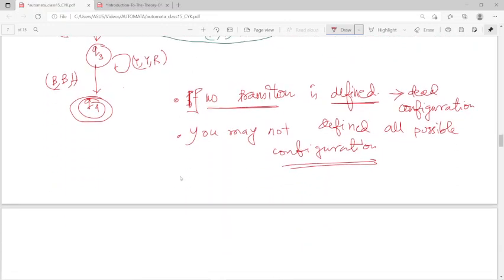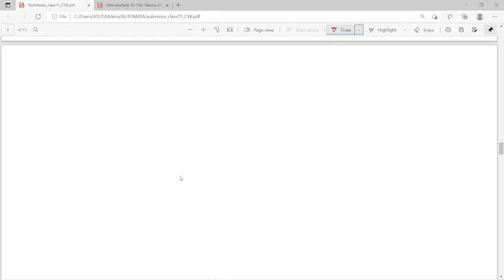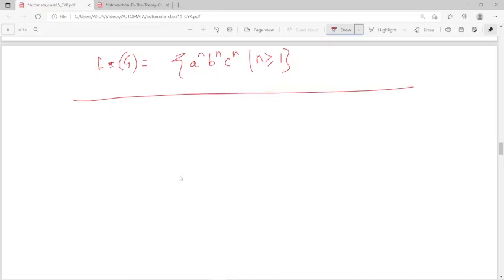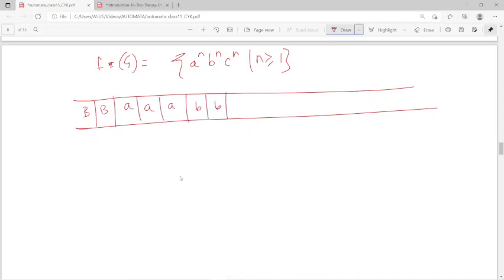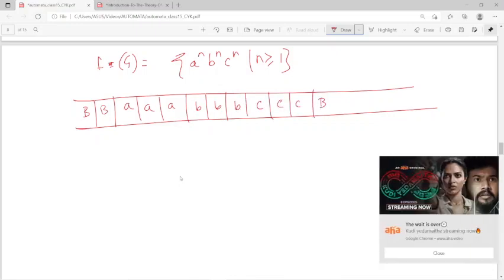আরেকটা দেখো নইলে ব্যাপারটা অতটা ক্লিয়ার হবে। ধরো এইটা করছি, রাইট, আমার ল্যাঙ্গুয়েজ হচ্ছে, ভালো করে বুঝবে, এমন ধরো দ্য ল্যাঙ্গুয়েজ ইজ a to the power n, b to the power n, c to the power n, n is greater than or equal to 1, বোঝার জন্য এটা খুব দরকার। ধরো আমার ইনপুট স্ট্রিং এরকম দেওয়া আছে, রাইট, ইনপুট স্ট্রিং ইজ গিভেন লাইক দ্যাট, ব্ল্যাঙ্ক স্পেস এগুলো, and this is a, this is a, this is a, আমি ধরো তিনটে b, this is b, and this is c, this is c, this is c, and this is blank space,